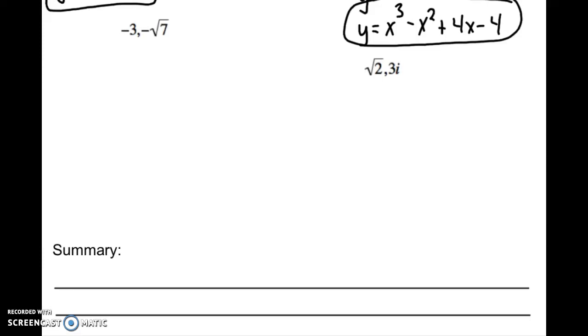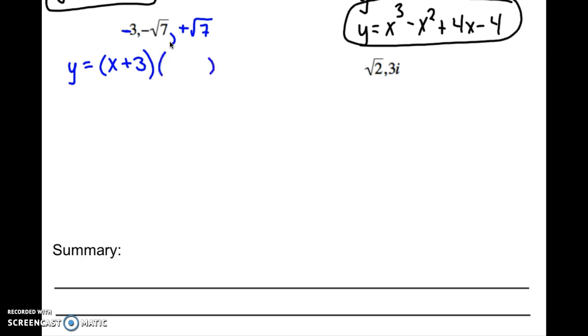So in this next example, we've got -3, and that's fine. Negative square root 7, but because there's a square root, we know that there are two of them, a negative and a positive. So we'll deal with y equals x, and instead of the -3, remember it came from a +3,